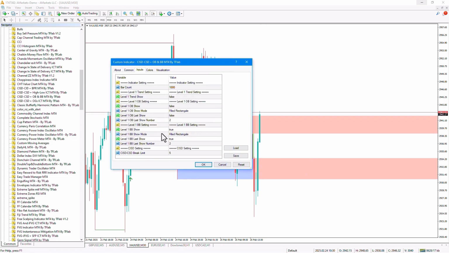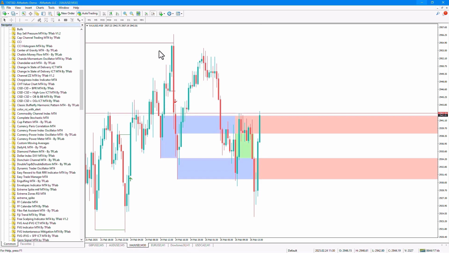In the next section, you can select the breaker block display mode, which has 5 settings. You can enable or disable the display of the last breaker block, along with the number of the last breaker blocks displayed. And in the last section, you can set the breaker limit, which is 5 candles by default. For a better understanding of the breaker limit mode,